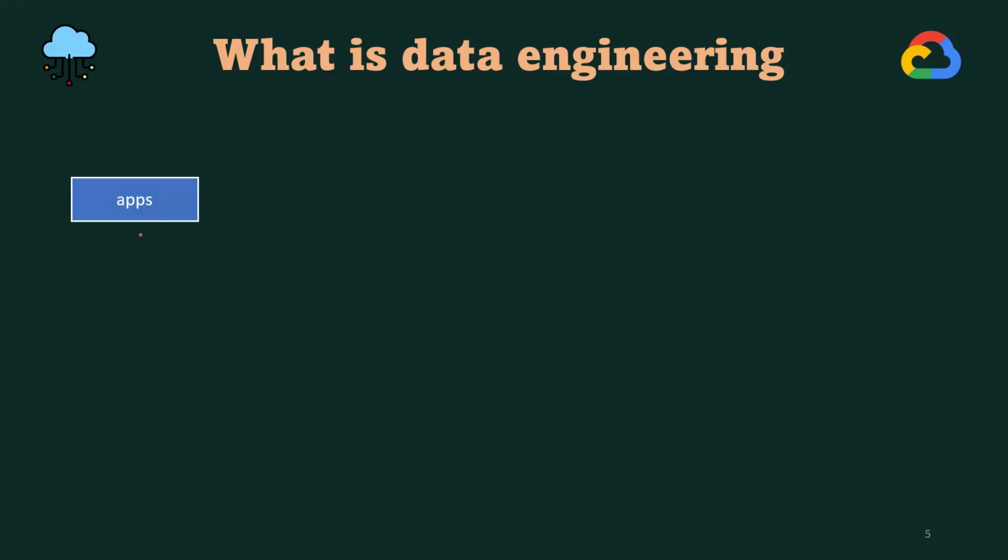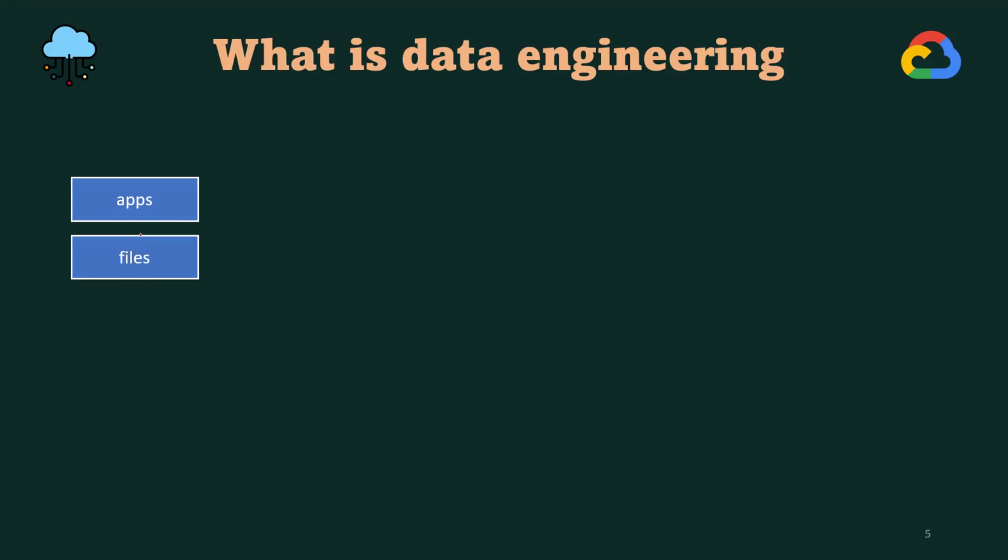You try to open one application, whether it is Uber or Swiggy or anything. You try to interact with an application, and data gets generated. So you have data that is coming from some application. You have data that is coming from some file format. You go to some healthcare or production or anywhere, and what do they actually do? They store the data in the form of Excel or CSV or flat files. So you have data that is coming in the form of a file format.